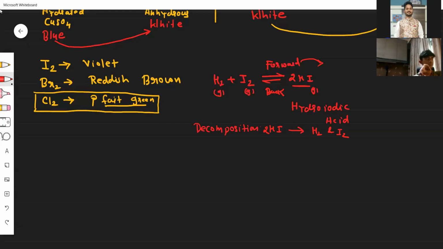Now moving ahead, I will give you one more example. In the soft drink, which acid is found? Can you tell me? Carbonic acid. Fantastic. Now the carbonic acid, how are we able to synthesize carbonic acid in a lab or at home? Can you do it? I don't think so. How?